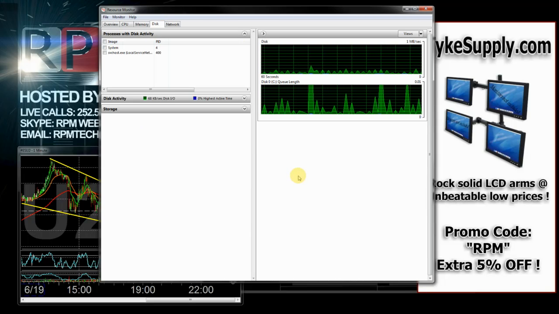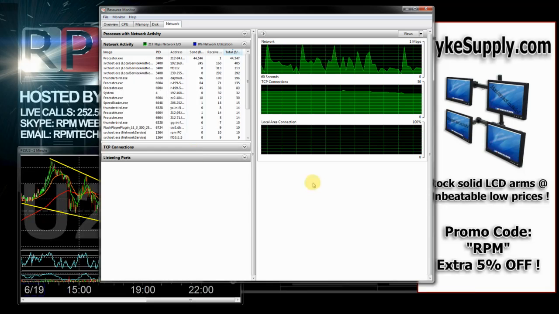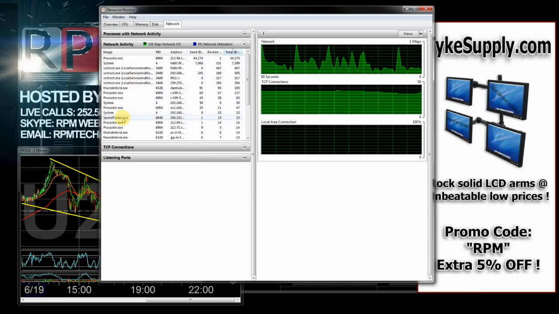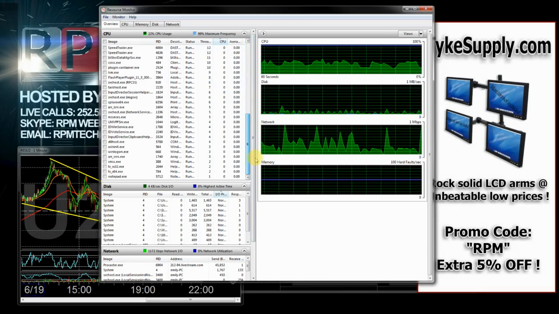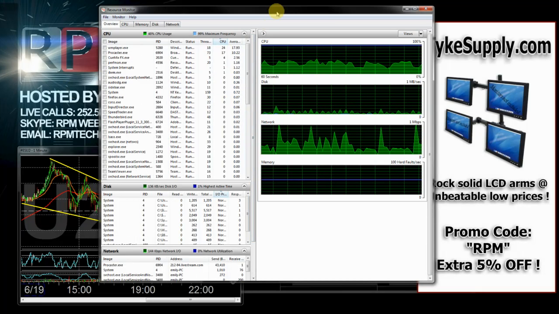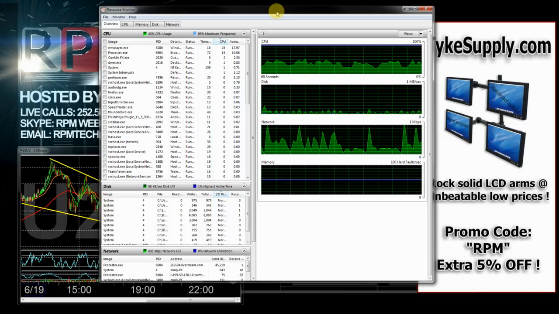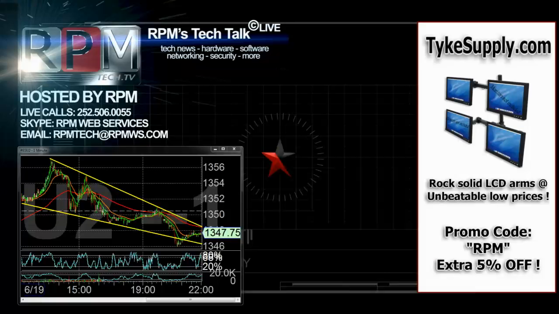Here's the disk usage. It'll show you the particular things that are doing it. Here's back to the network. You can see all the different processes that are running that are doing that. And here's the overview again, all the different processes. I love this tool. It's built into Windows. It's designed specifically for Windows. It's very similar to Top for